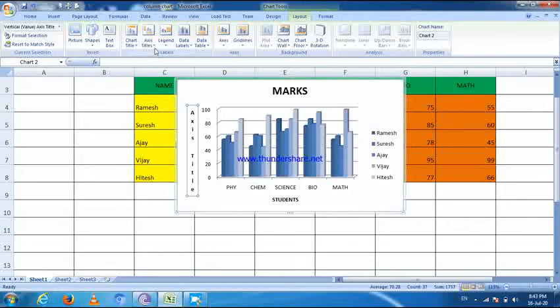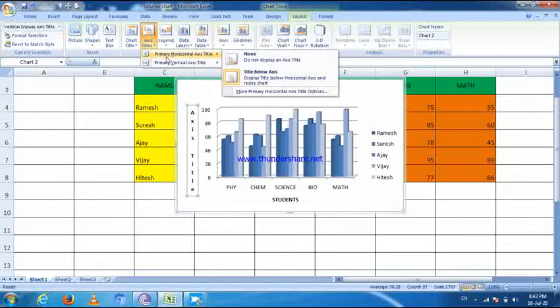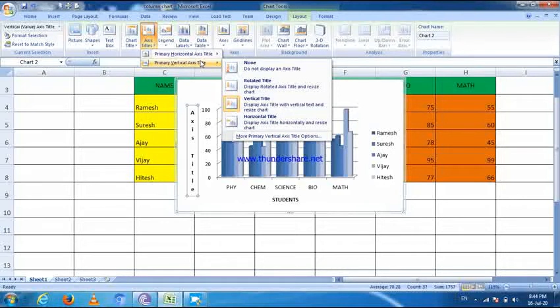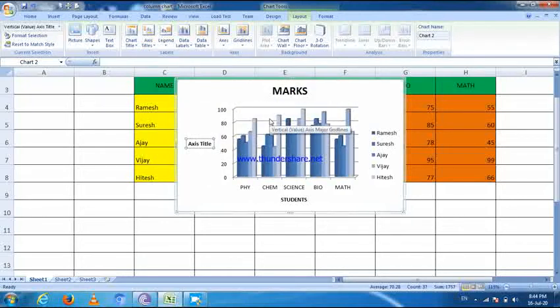Okay, then you can select again primary vertical axis title. Then click on horizontal title. So then you can see these axis titles appear on the left side. Okay, that's our horizontal. These are verticals. Vertical, that's our standing line, and horizontal line, that's sleeping line. Okay, so that is an axis title.